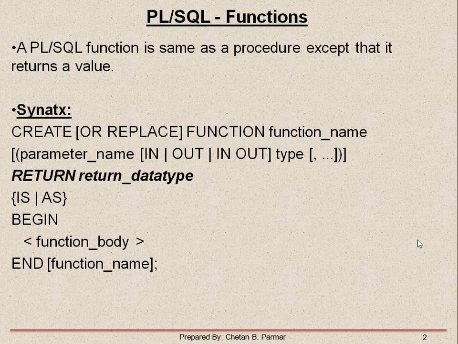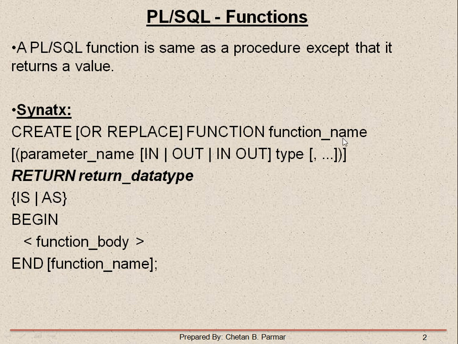Now let's see the syntax of a function, how to create a function in PLSQL. For that you use create or replace. You can see here it is in square brackets. The reason is that whenever you create a function the first time, it will be created. If you are modifying an existing function, then it will be replaced. That's why it's "or replace" in square brackets, which means it's optional. So create or replace, and function is a keyword.